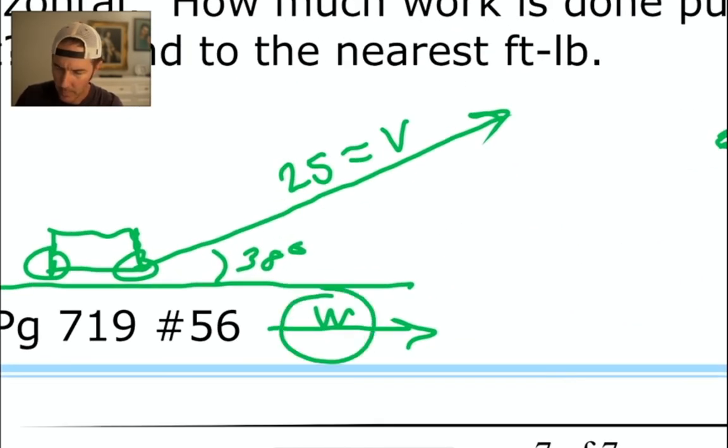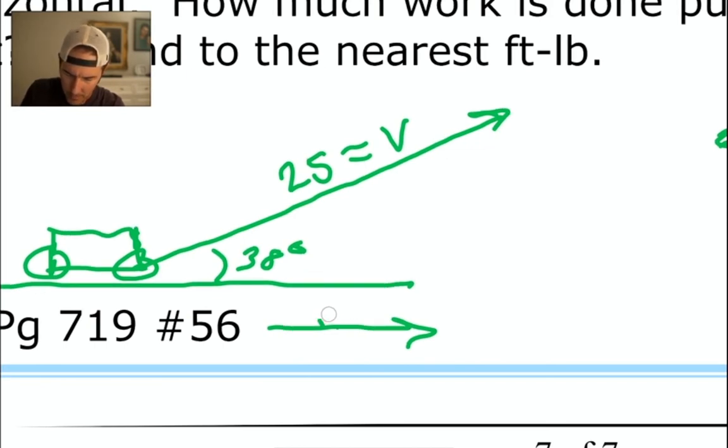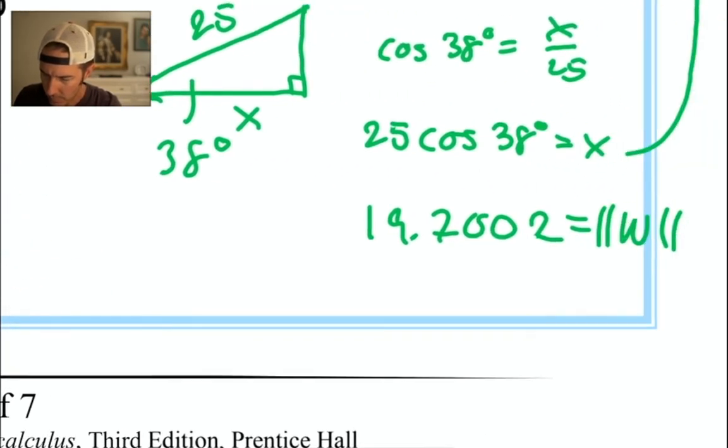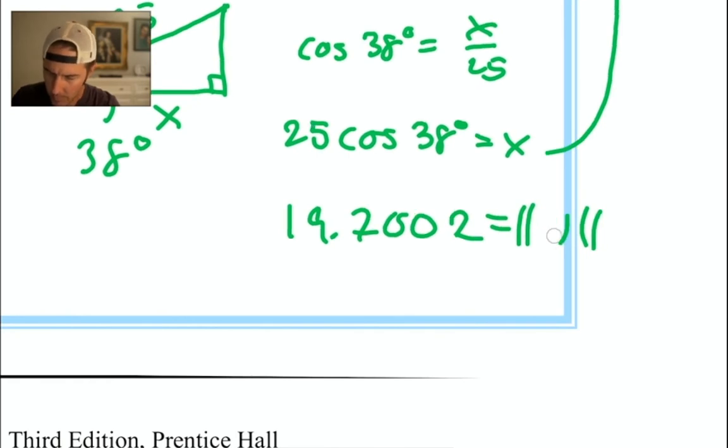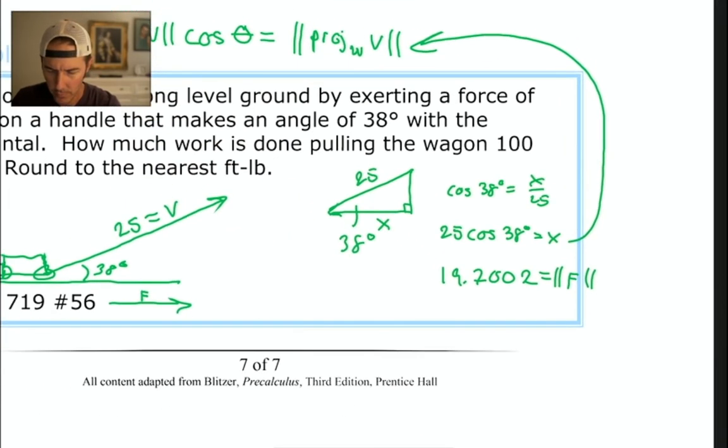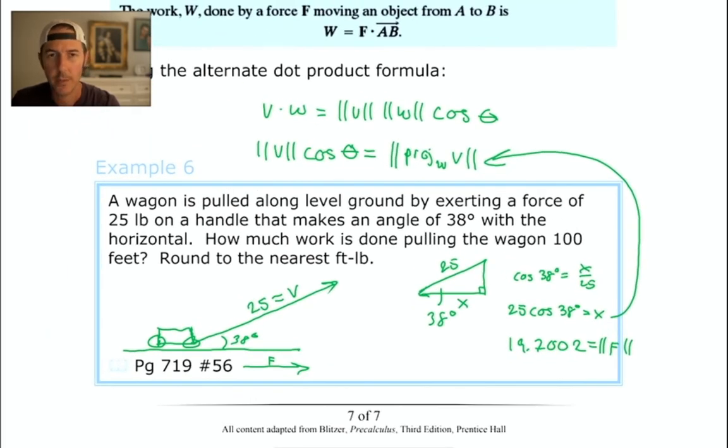Right here where this says W, I'm going to erase that W, and I'm going to have it say F. Which means that over here, I'm going to erase this W and turn it into an F. I'm doing this so that it matches with the printed formula that we have in these printable notes. Right at the top of the screen, W, which stands for work, equals the magnitude of this force vector times the distance from A to B. In this case,